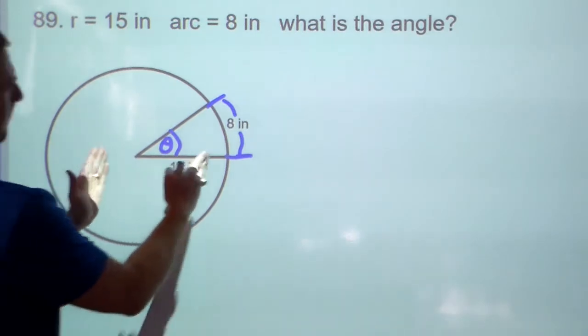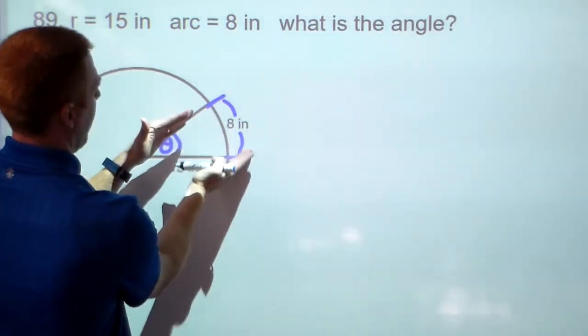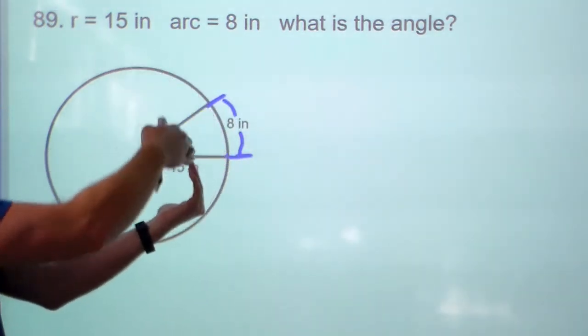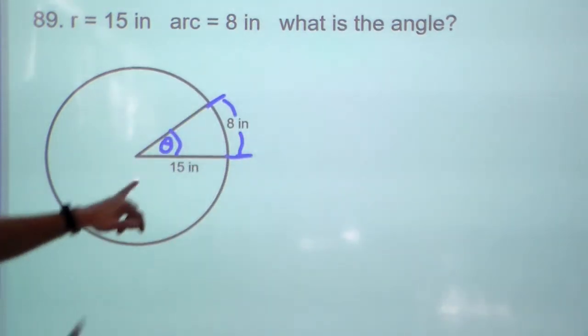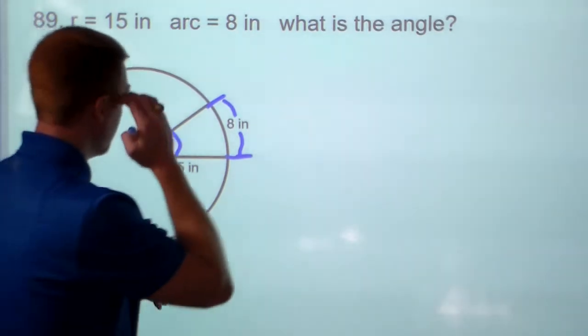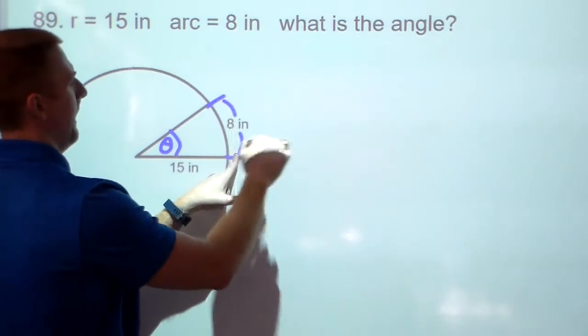So I've got a radius of 15 inches. I've got an arc length of 8 inches. So if I lay a piece of string across here, even though it's curved, that would be 8 inches long. And I'm trying to find this angle right here. So again, I'm going to set up a proportion. And what I do know is that this length, 8 inches,